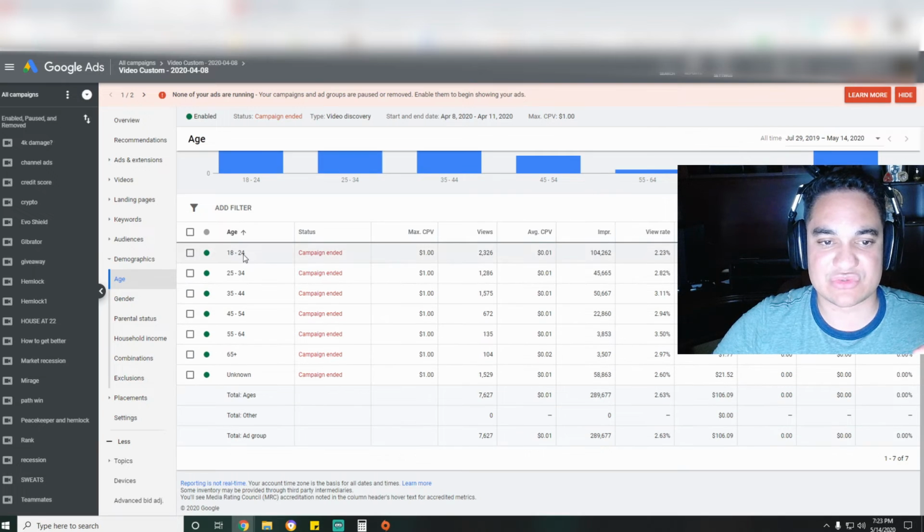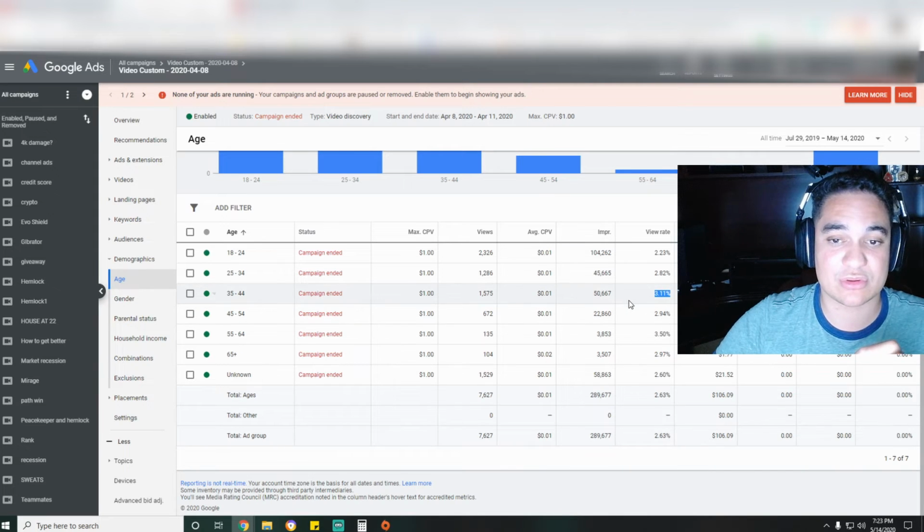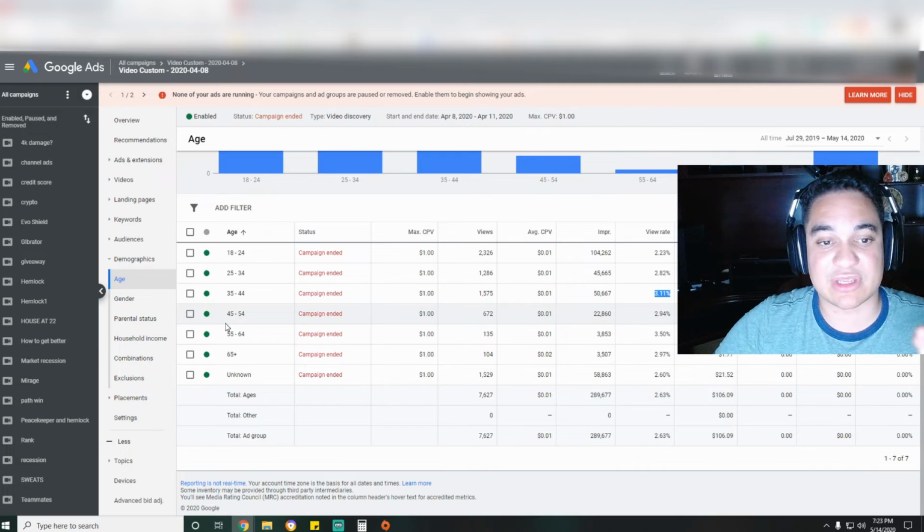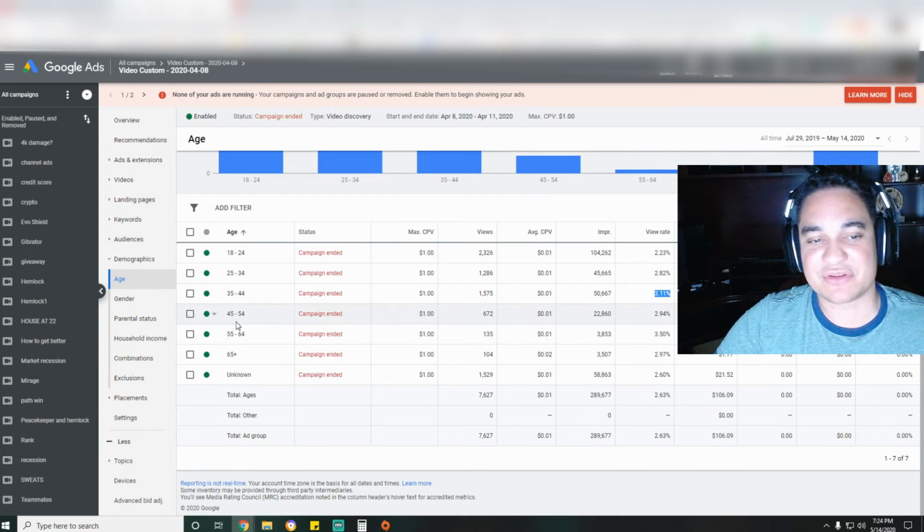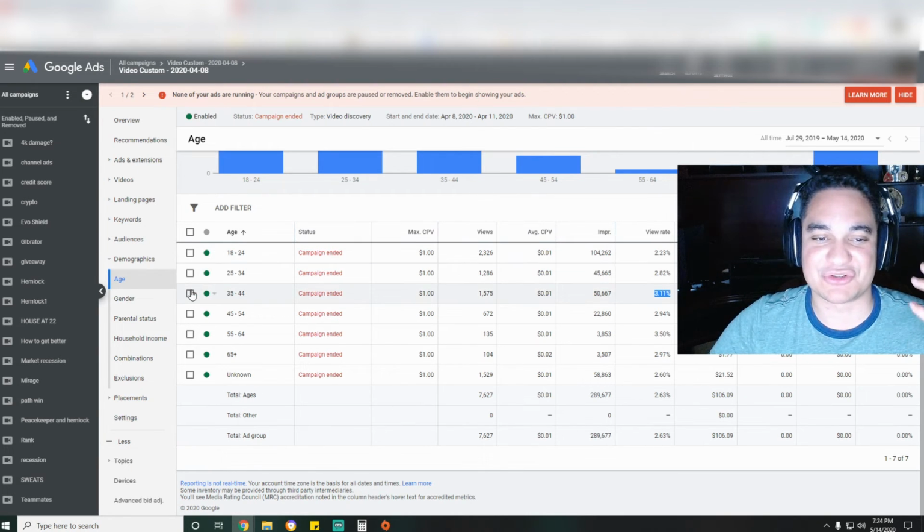So for the genders and the age in general, as you guys can see, most individuals are aged 18 to 24. I got pretty much 100,000 individuals pushed. 35 to 44, 50,000 got pushed, and 3% actually clicked on it. So that's actually a good rate of return right there. In a way, you may want to target guys at 35 to 44, but keep in mind that this is a game-related channel. So I don't know how many 35 to 44-year-olds really want to watch a 20-year-old play